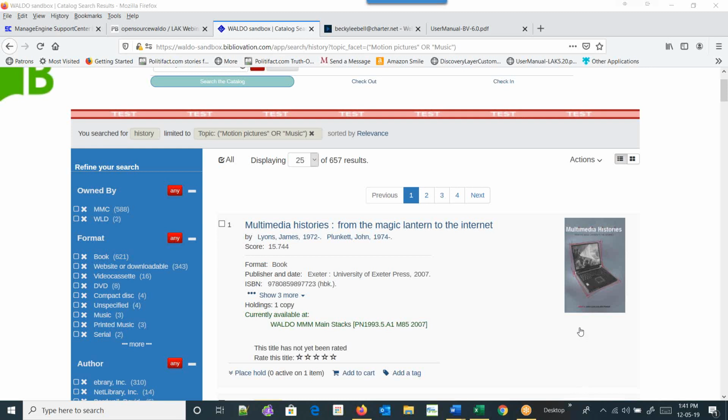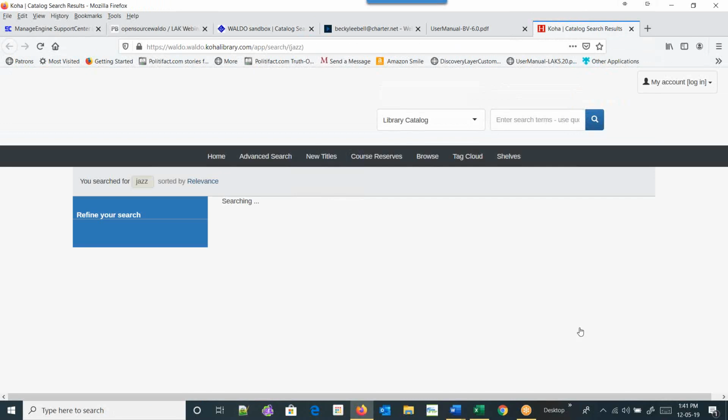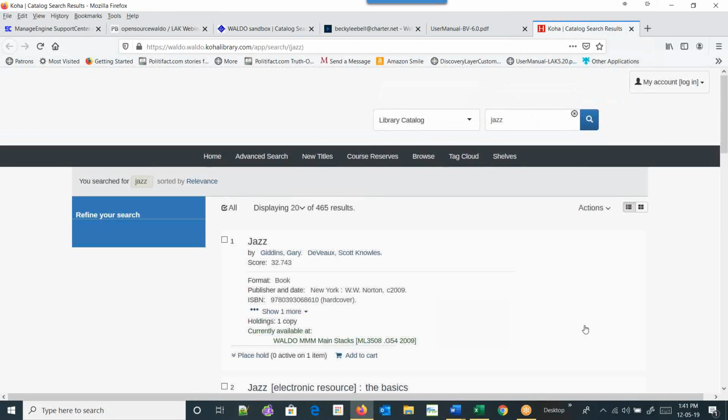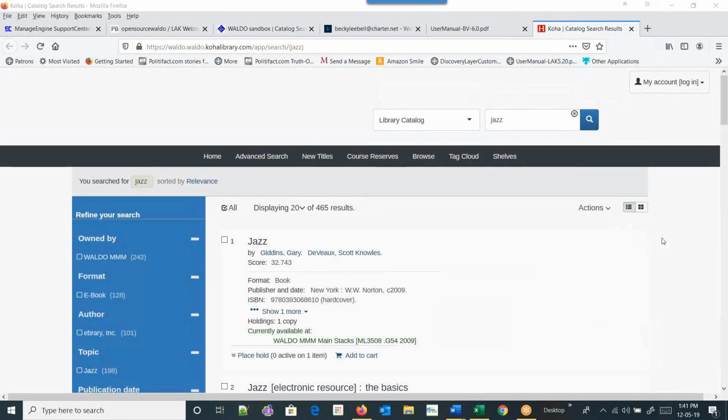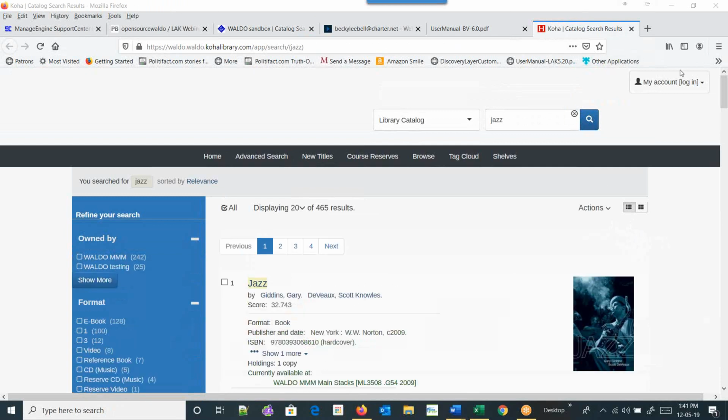So I'm going to click on what he has here. Okay, and this is where he has the pagination at the top of the page. Correct, Ben?